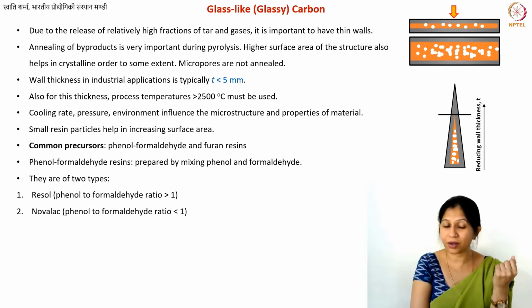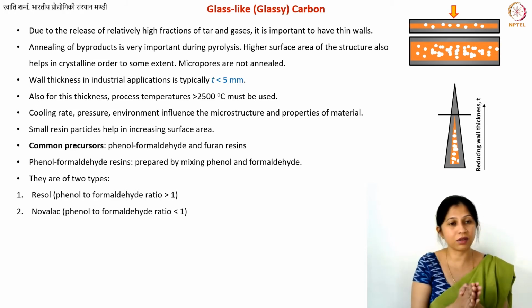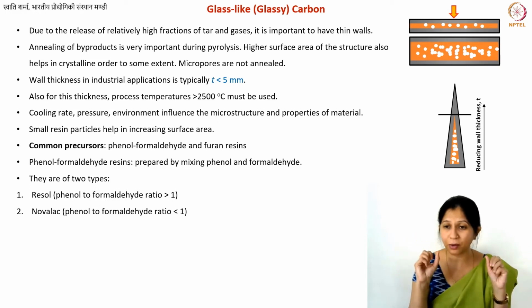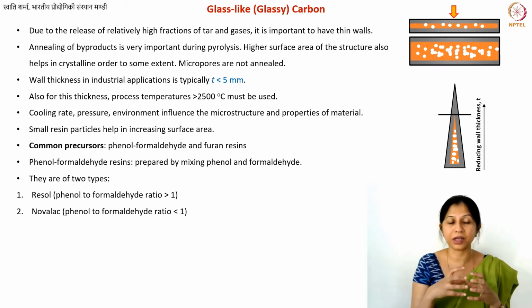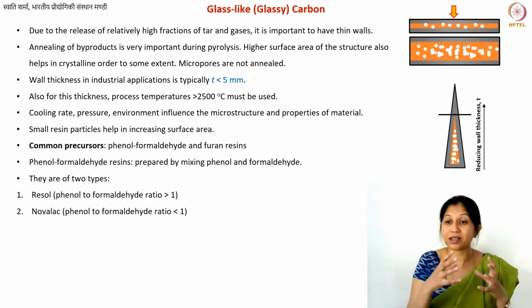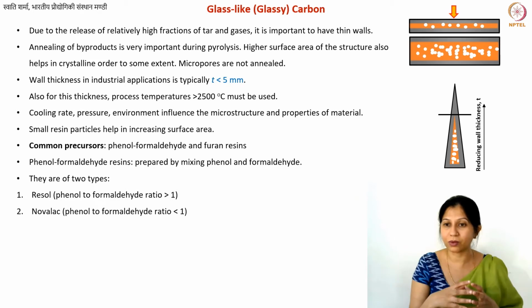You can use different viscosities of the same polymer, and that is why these phenol formaldehyde resins, first of all, because they have a good carbon content and they undergo coking without becoming too liquid, the shape is retained. This is one of the reasons they became a common glassy carbon precursor, because they go through the rubbery phase, but not such a liquid phase that you completely lose the shape.